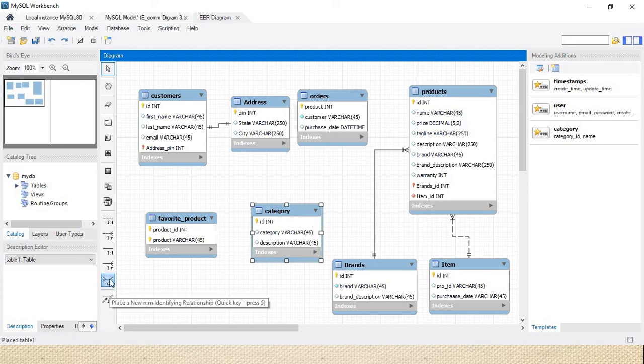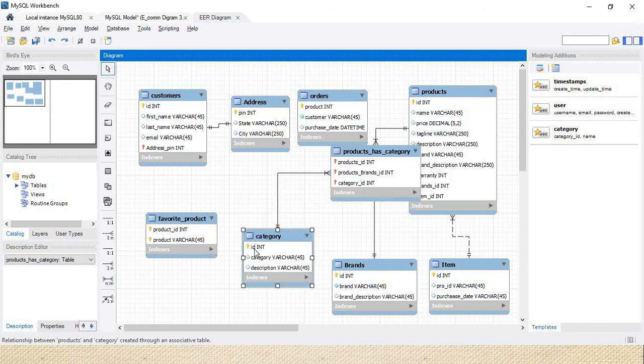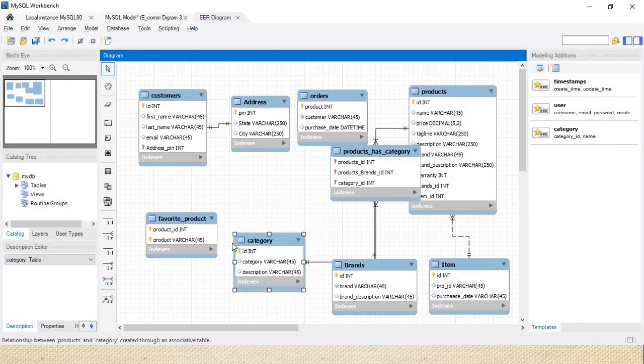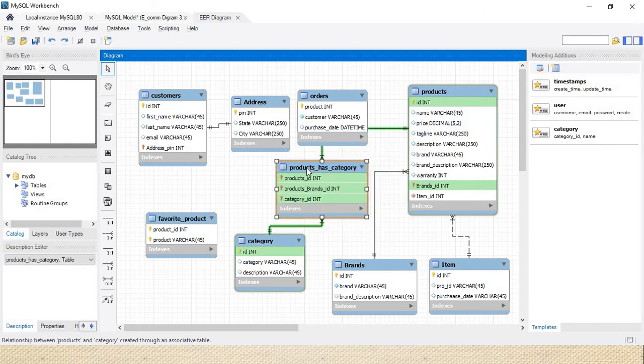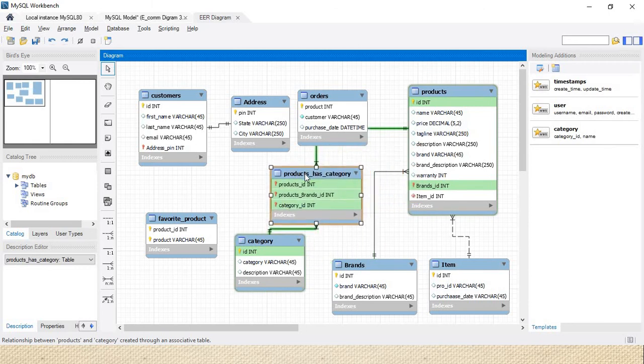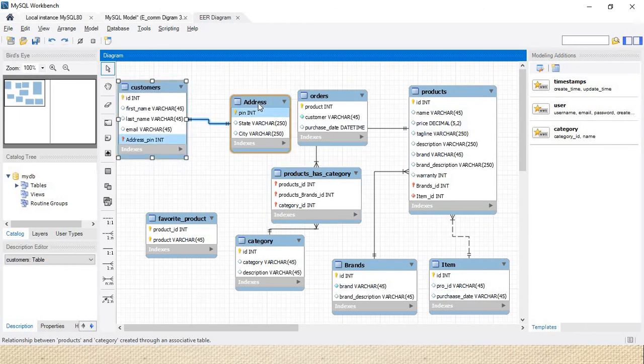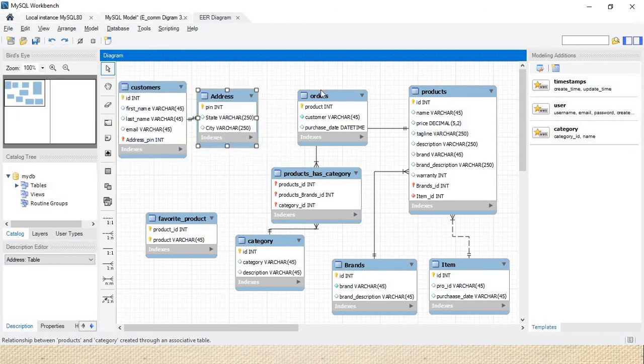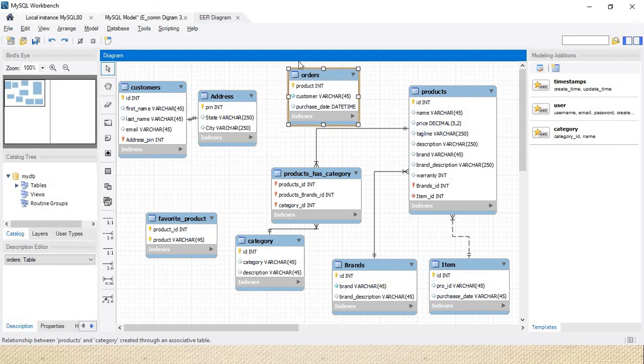So where's the many-to-many? This one is the symbol. So click on the product and category. See? In that section, one new table will be created. A fresh table will be created. I think the form is not normalized, and that's why we are seeing the option. Just 1 minute.